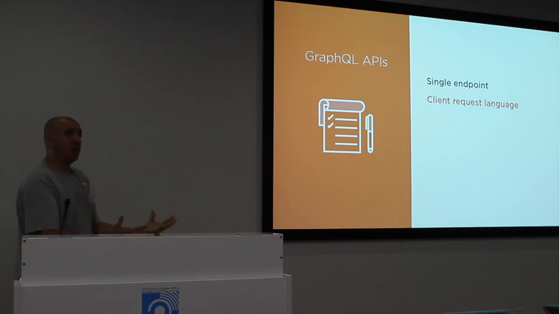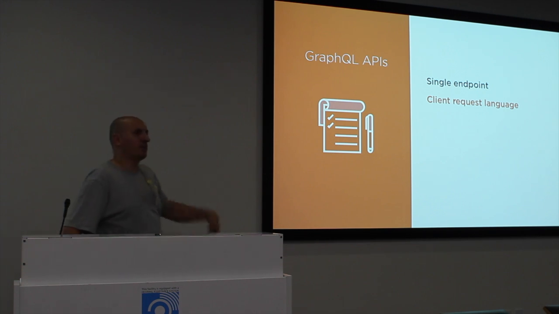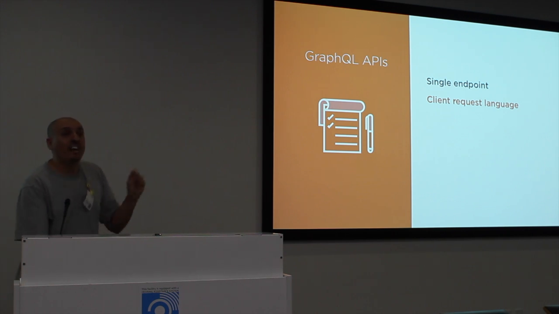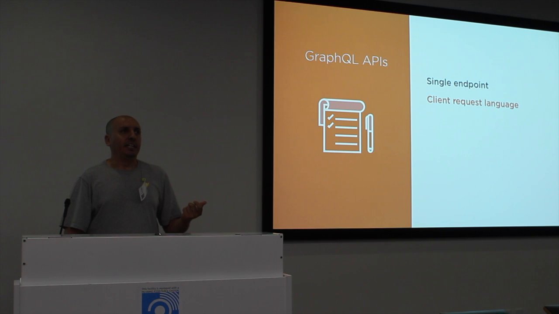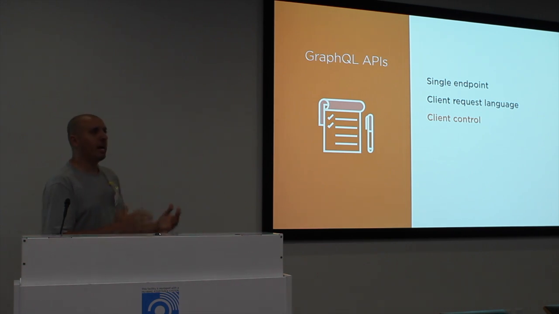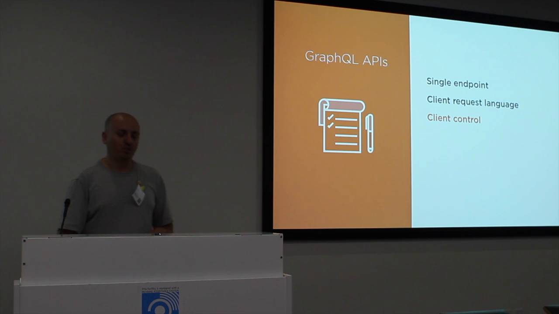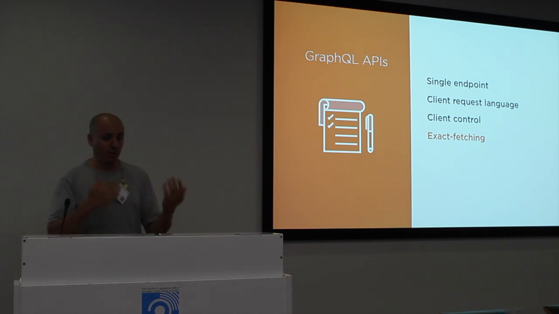If you have a single endpoint, you need the client to speak a language to describe the requirement, because the endpoint is like /GraphQL. It replies to anything. So this is where the GraphQL language is needed, because it's a client request language, which does not exist in other APIs. What does this mean exactly? Well, it means that the client is in control, because the client specifies the requirement of their data, and the server will just comply as long as the data requirement is within the server capabilities. And it leads to really cool side effects: you get exactly the data that you ask for. There's no more or no less.